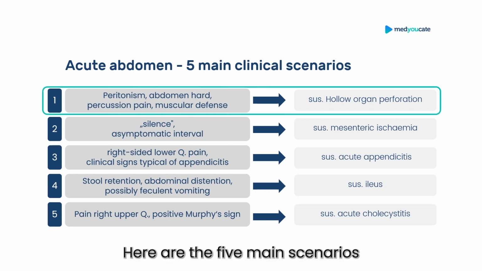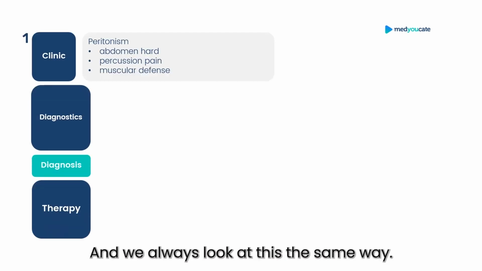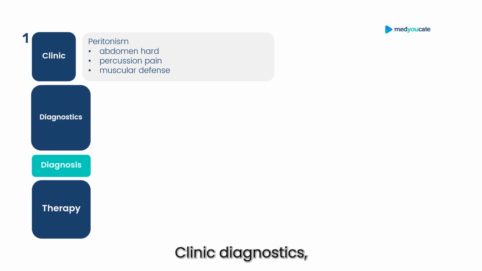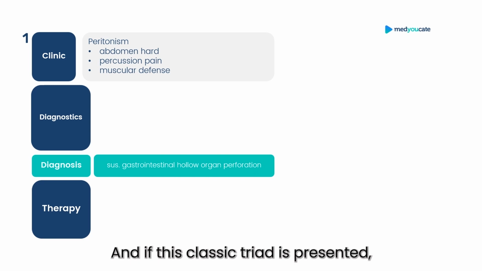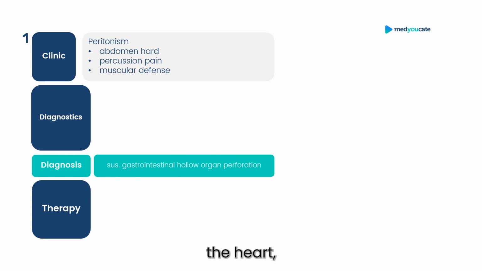Here are the 5 main scenarios, and we'll start with peritonism, muscular defense, rock-hard abdomen, and pain on abdominal percussion. And we always look at this the same way: clinic, diagnostics, diagnosis, and therapy. And if this classic triad is presented, the muscular defense, the hard abdomen, and pain on percussion of the abdomen,